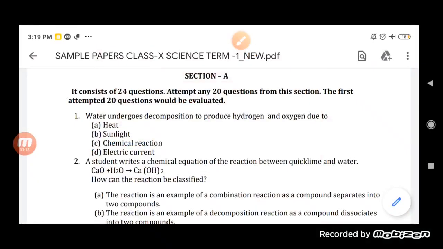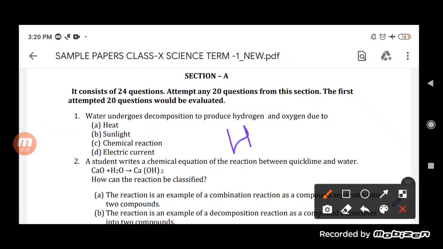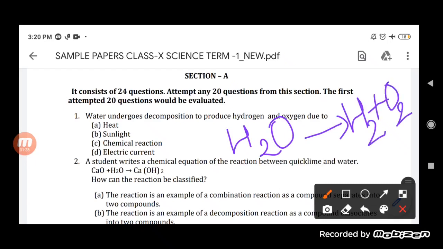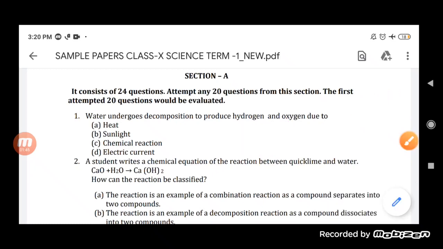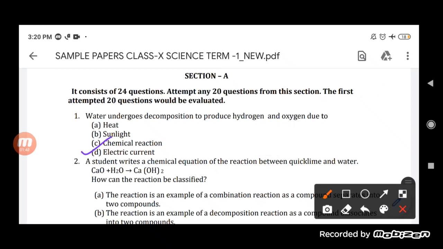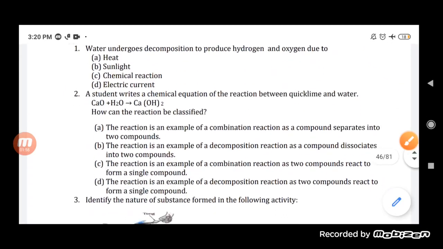See, this is water, H2O, and when H2O undergoes the electrolytic decomposition reaction, with the help of the electric current it will get divided into two gases, that is H2 and O2. So hydrogen gas and oxygen gas are released when water undergoes the process of the decomposition reaction. So when electric current flows through the water, the decomposition reaction takes place. Now let us see here.